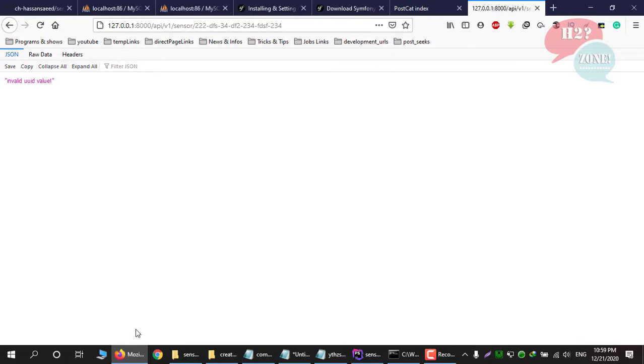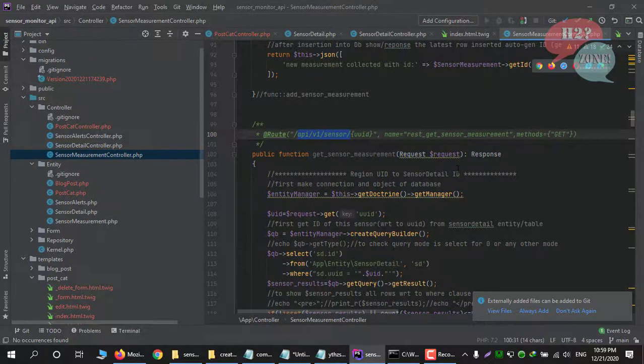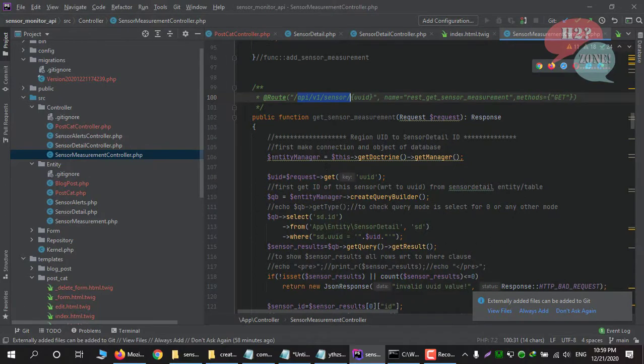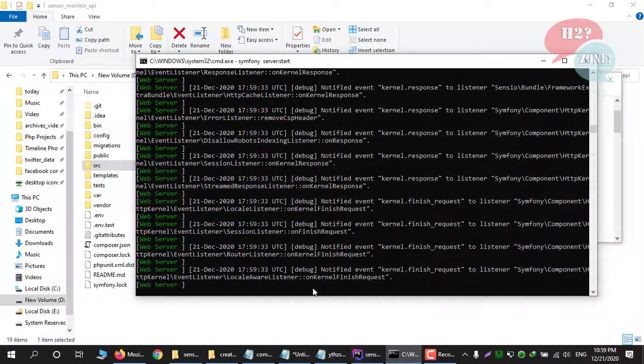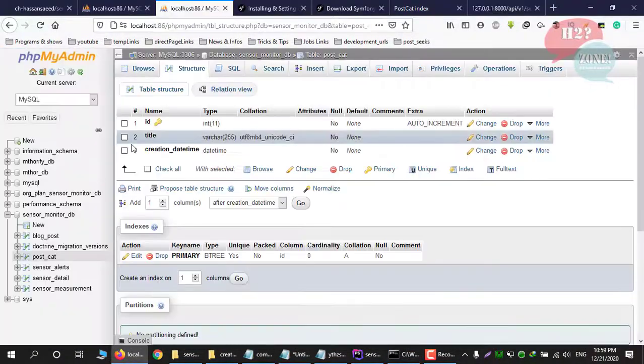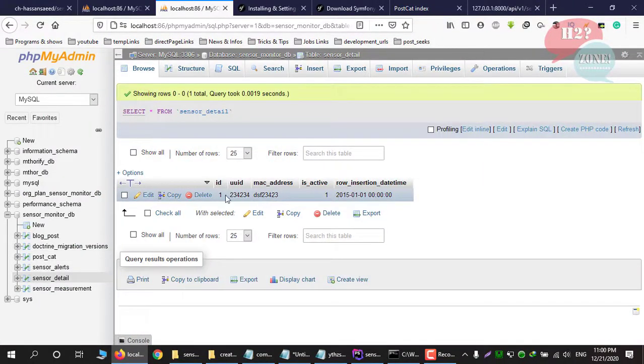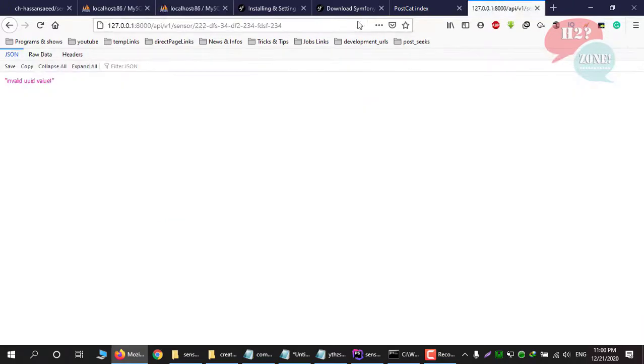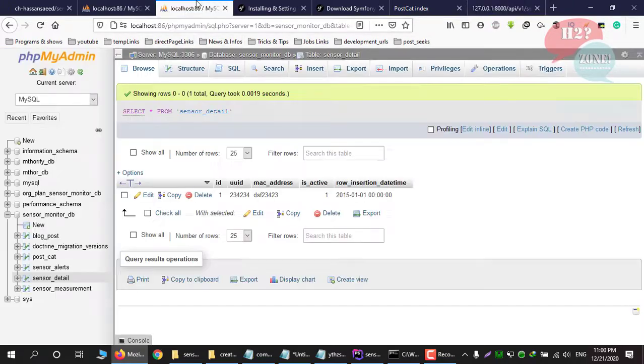For test purposes, I am going to show you that it is just getting the UID from this table. Sensor detail doesn't have any UID related to this. That's why it's showing an error. So I am using this UID.